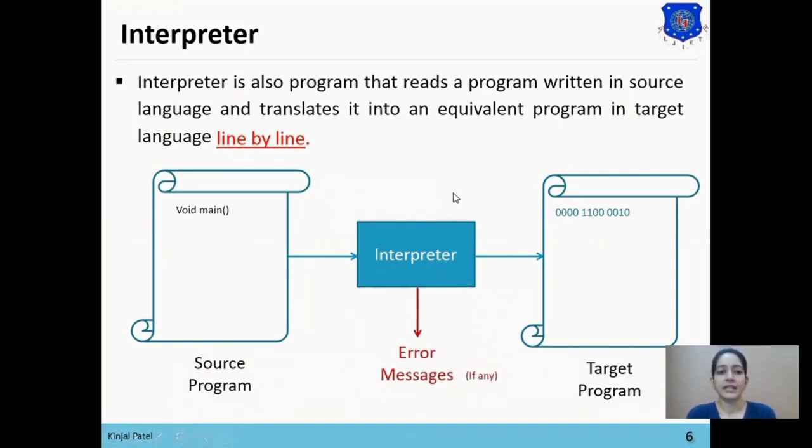Then it will scan the next line and convert it into machine language and then generate the error if there are any. So interpreter converts the code into target program line by line. So it does not require to generate intermediate code before generating machine code, as it does the process line by line.